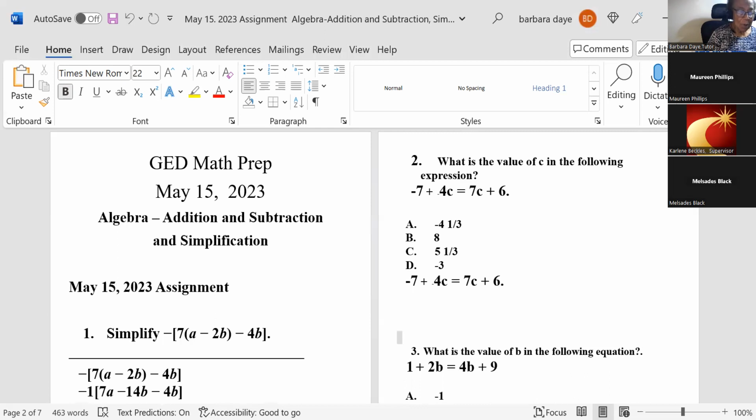4C and 7C. Okay, and what else? We have -7 and +6. That's right. They are both constants, right? Now we want to get our variable isolated to the left side. Now, how do we get the 7C on the left side? Subtract on both sides. Yes, subtract what? 7C. Yes, subtract 7C because the inverse of the plus is a negative. So you subtract